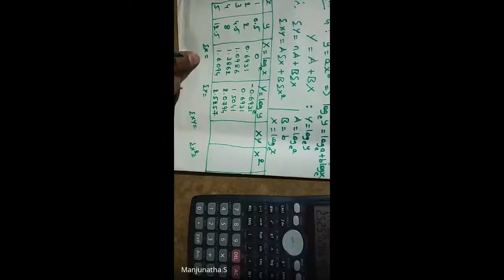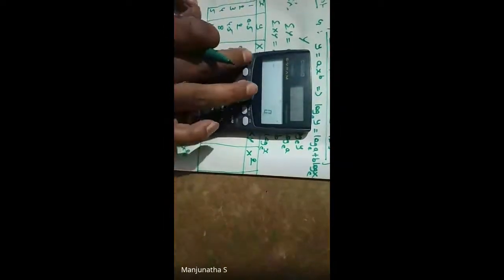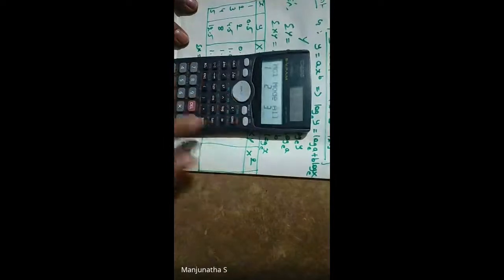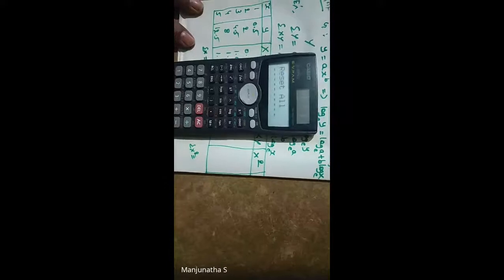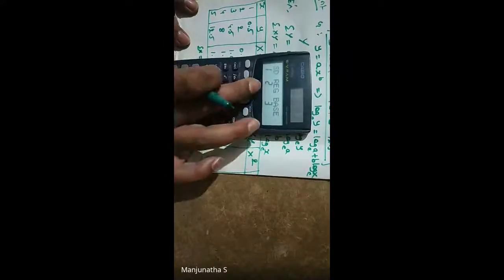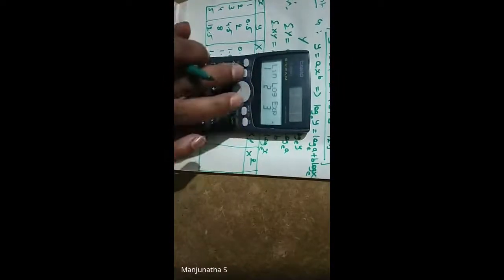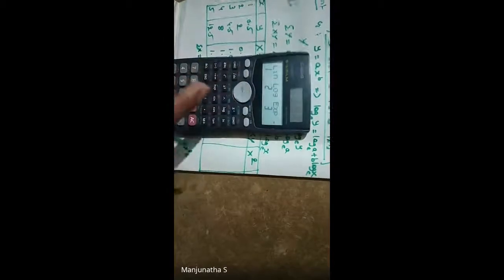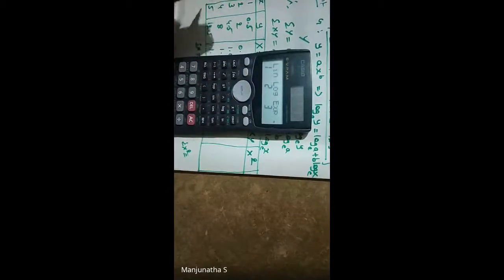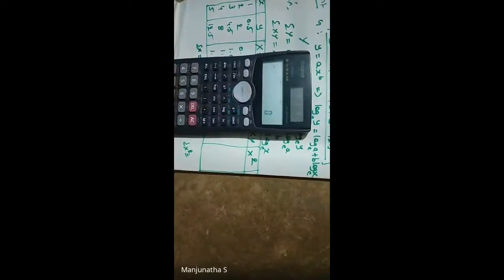Now what values do we need? Summation x, summation y, summation xy, and summation x square. So this you know how to do. We need to shift here. You need to press, it will give all. That number is 3. So you need to reset all. When you reset like this, press mode 2 times. It will show regression. So press 2, and it will show linear, log, exponential. For second degree parabola, we use quad. Since it is a straight line equation, what do we need to take? Linear, correct? So 1.